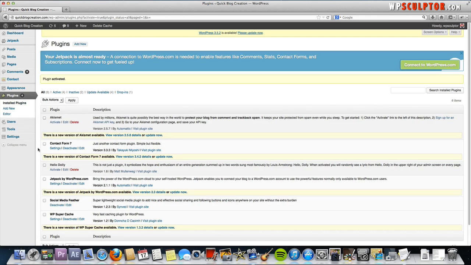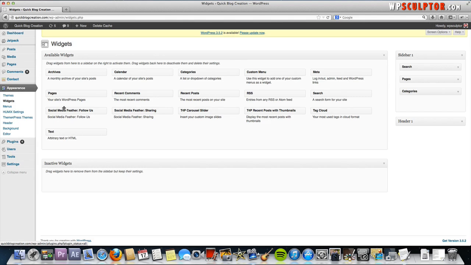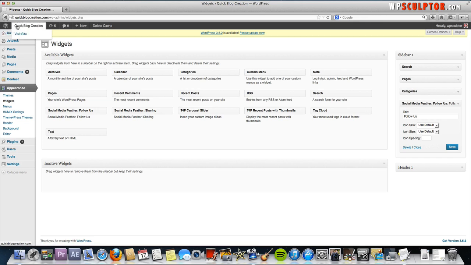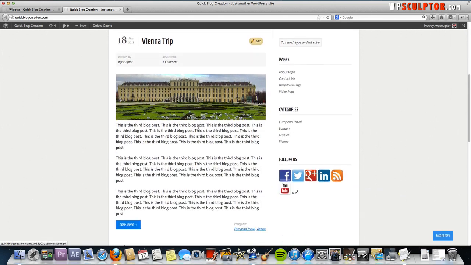And the first thing I want to show you is that you now have a couple of new widget options. If you go to Appearance, Widgets, you'll see you have this Social Media Feather Follow Us widget, and you have the Social Media Feather Sharing widget. And I want to show you how to use the Follow Us widget. Click on that and drag it over to your sidebar, and click on Save. And if you open up your website in a new tab,